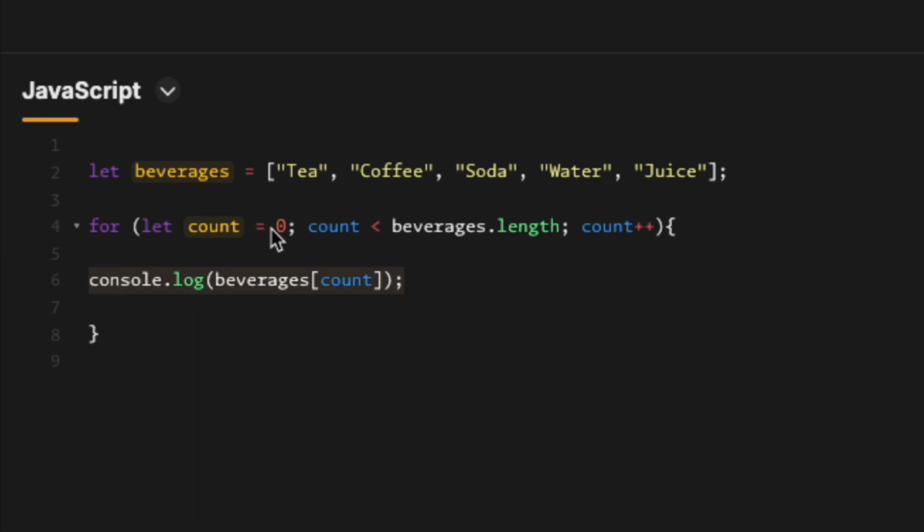So now it will check, is 0 less than beverages.length? Yes, right? Because 0 is less than 5. Now it will count up. So now count, on the second cycle, is what? On the second cycle, what is the count? Count is equal to 1. Yeah, exactly. Now it will run the code again on the second cycle, but this time it is